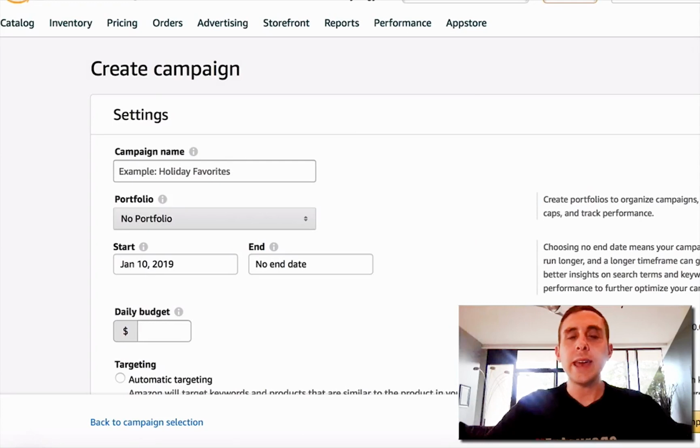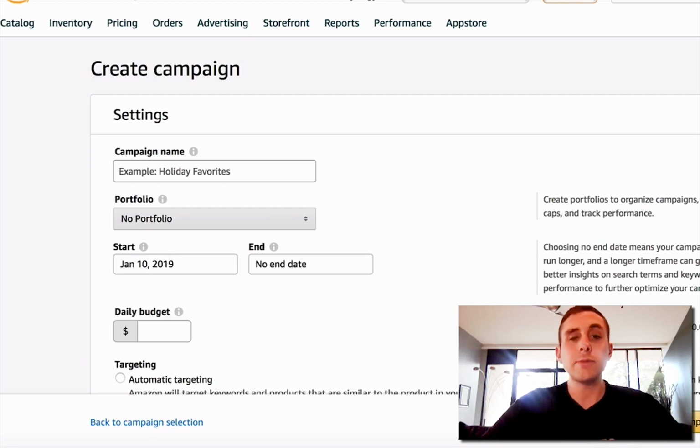All right, guys, this is the campaign overview inside of Seller Central. The reason why we're using Seller Central right now is because they just came out with some really brand new features that we do not currently have inside of Entourage, but we will be coming out with very, very soon, along with many new bells and whistles to help make them easier to use. So right now inside of Seller Central, I'm going to go over how to set up a campaign and what